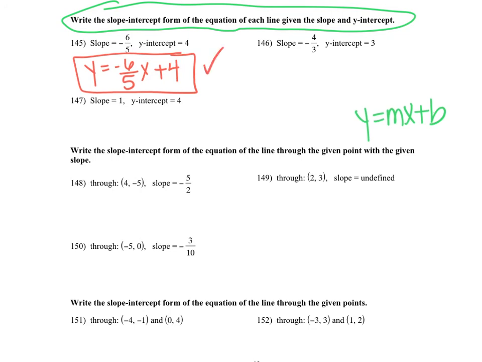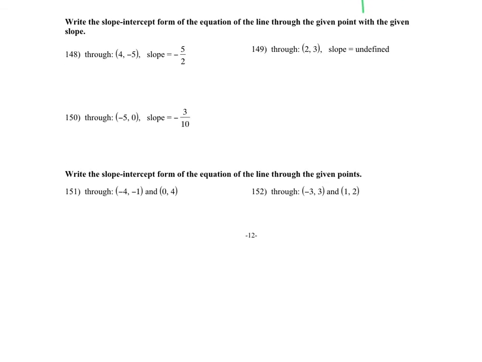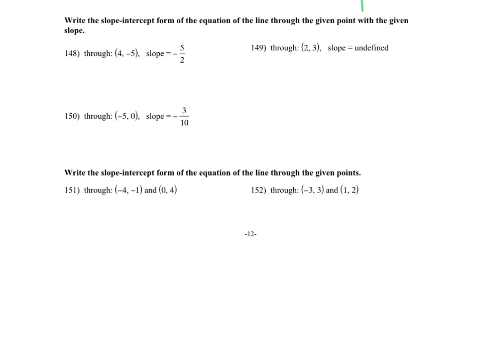These 3 problems are fairly simple. Just plug them in where you know, and that is it. Moving on to the next section, it says write the slope-intercept form of the equation of a line through the given points. So very similar to the last one, I'm still going to start off with my slope-intercept form of a line. So I'm going to write y equals mx plus b, and I'm going to plug in what I know. So my y is negative 5, my m is negative 5 over 2, my x is 4, and we